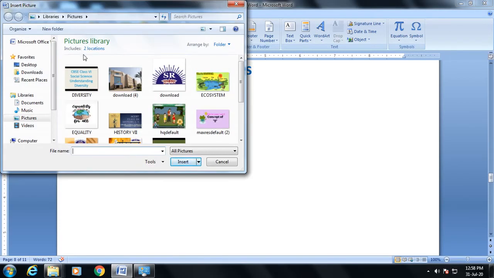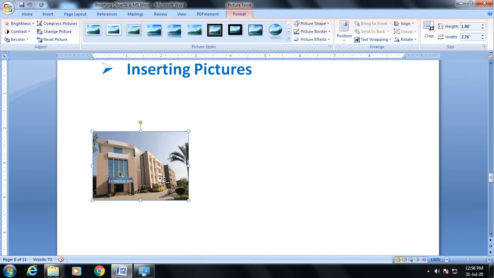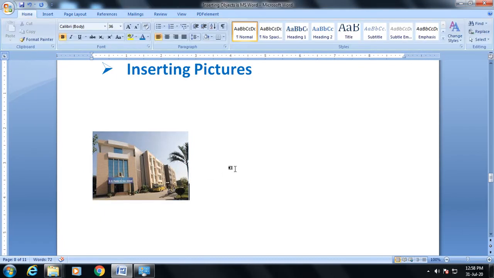Now you need to choose the picture which you want to insert. This is the third and final step. Yes, I have inserted the picture of our school building. In three steps you can insert a particular picture.